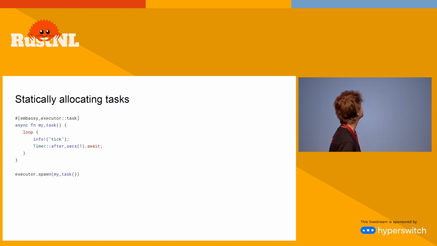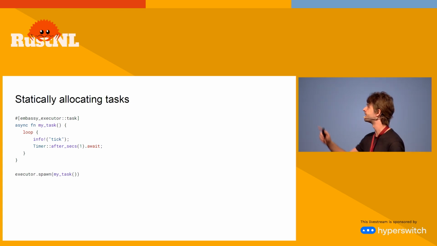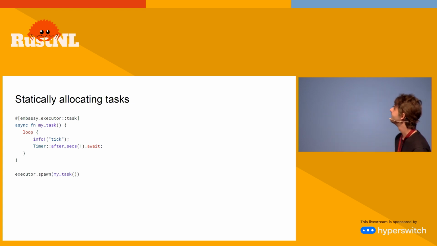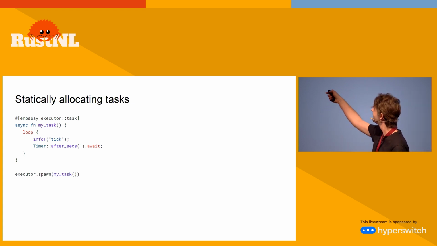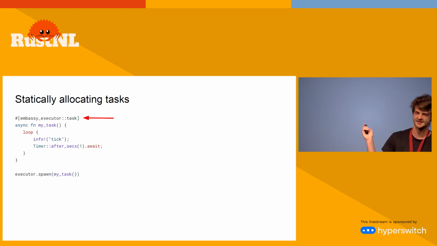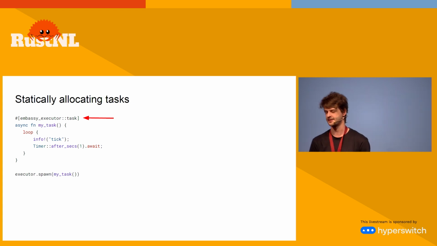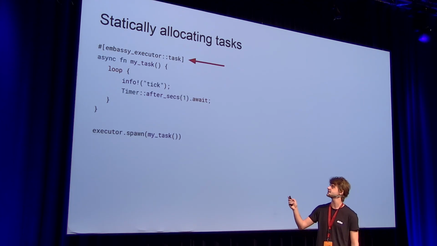So to statically allocate tasks, this is how a small Embassy program would look. As you can see, it looks almost the same as standard Rust async like you would write in Tokio. You write an async function and then you spawn it. The only difference is this thing here. We have a macro saying, hey, this is a task. This is not a regular async function. This is a task. And you need this because you need to